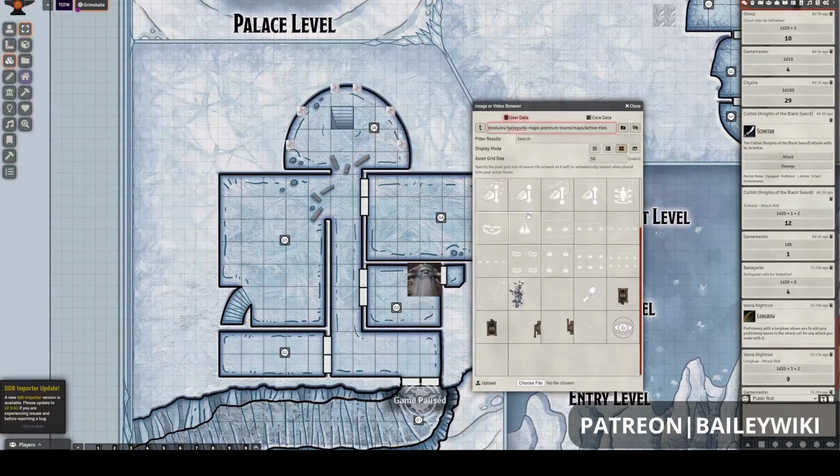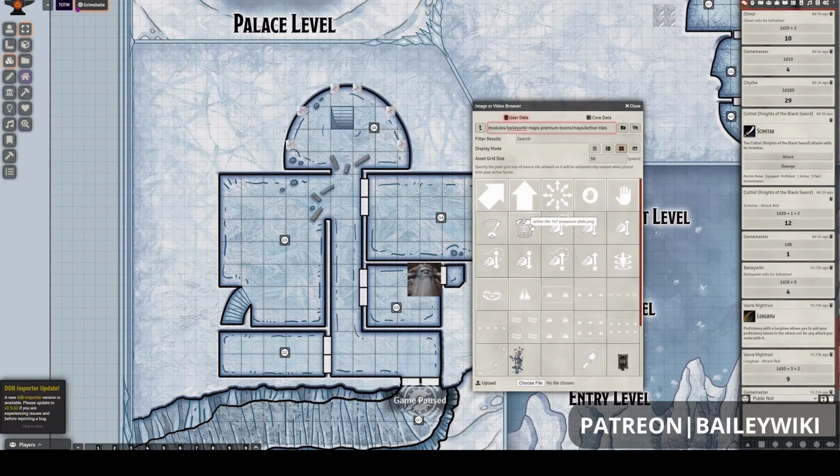And you see there's a bunch of just tiles that are like symbols of things, right? And what we want to grab is one of these staircases. So let's grab a staircase up tile. And before you drag it in,